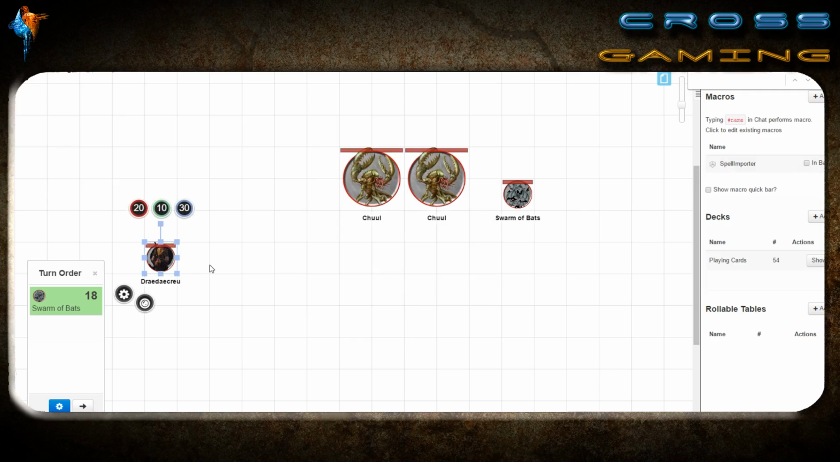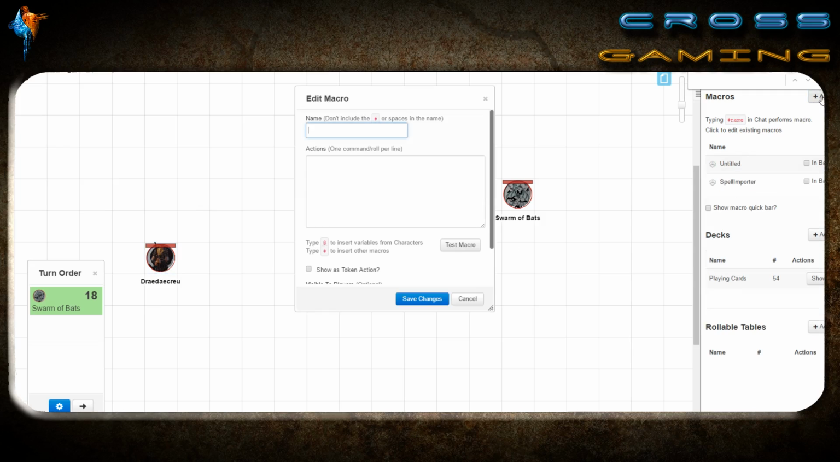And if you teach them how to use it, if they're a wizard, if they're a cleric, if they're a druid, bard, whatever, any kind of spellcasting class, then they can go ahead and click this on their token and import whatever spell that they have access to. Excellent. In that same vein, we want to